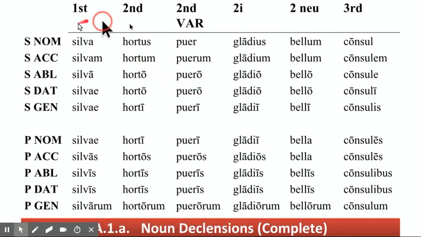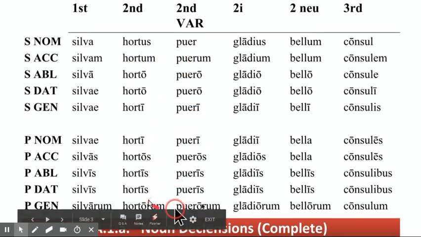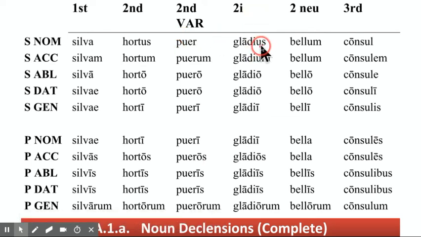So in the last chapter, we learned first and second. We learned second, neuter, and third. Now we're going to learn the ones that go in between. The second variant, puer, second declension nouns that end in er, not too many of them, but you need to know them, but it's really second declension, right? Same endings. The only difference is in the singular nominative. And then too I, that means that the stem has an I on it. Other than that, it looks just like